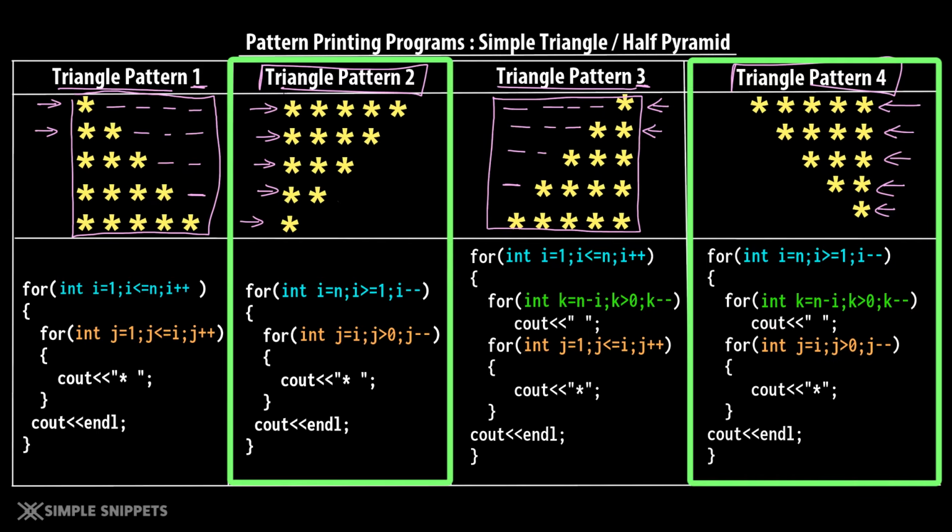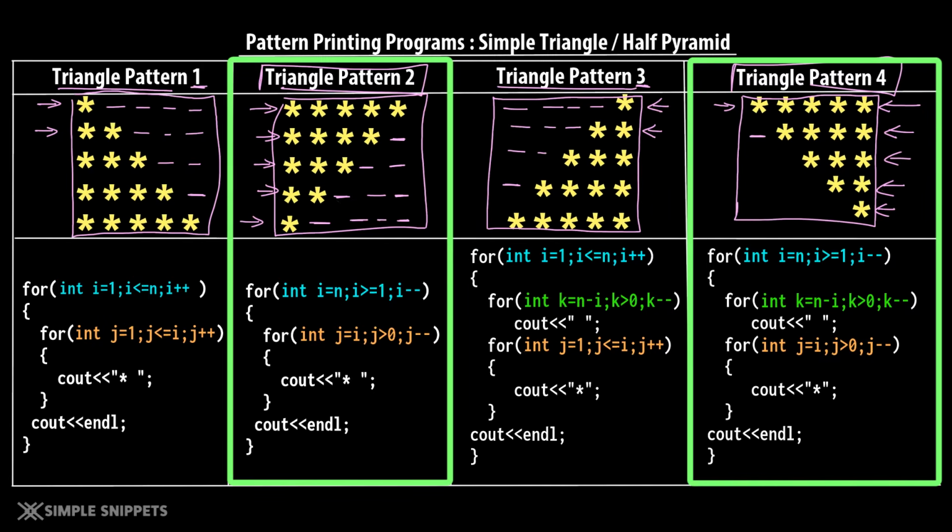That is, if you consider this as the command prompt, for the first line there is no space, for the second line there is 1 space, then you have 2 spaces, then you have 3 spaces, and lastly you have 4 spaces. But in the triangle pattern 4, if you consider this as your command prompt, initially again of course we don't have any space, but after that we have first 1 space and then 4 stars, then you have 2 spaces and then 3 stars, then you have 3 spaces and 2 stars, and lastly we have 4 spaces and 1 star. Okay, so that's the only difference, but otherwise the pattern is the same, right? It is still a triangle, just the spacing sequence is different.